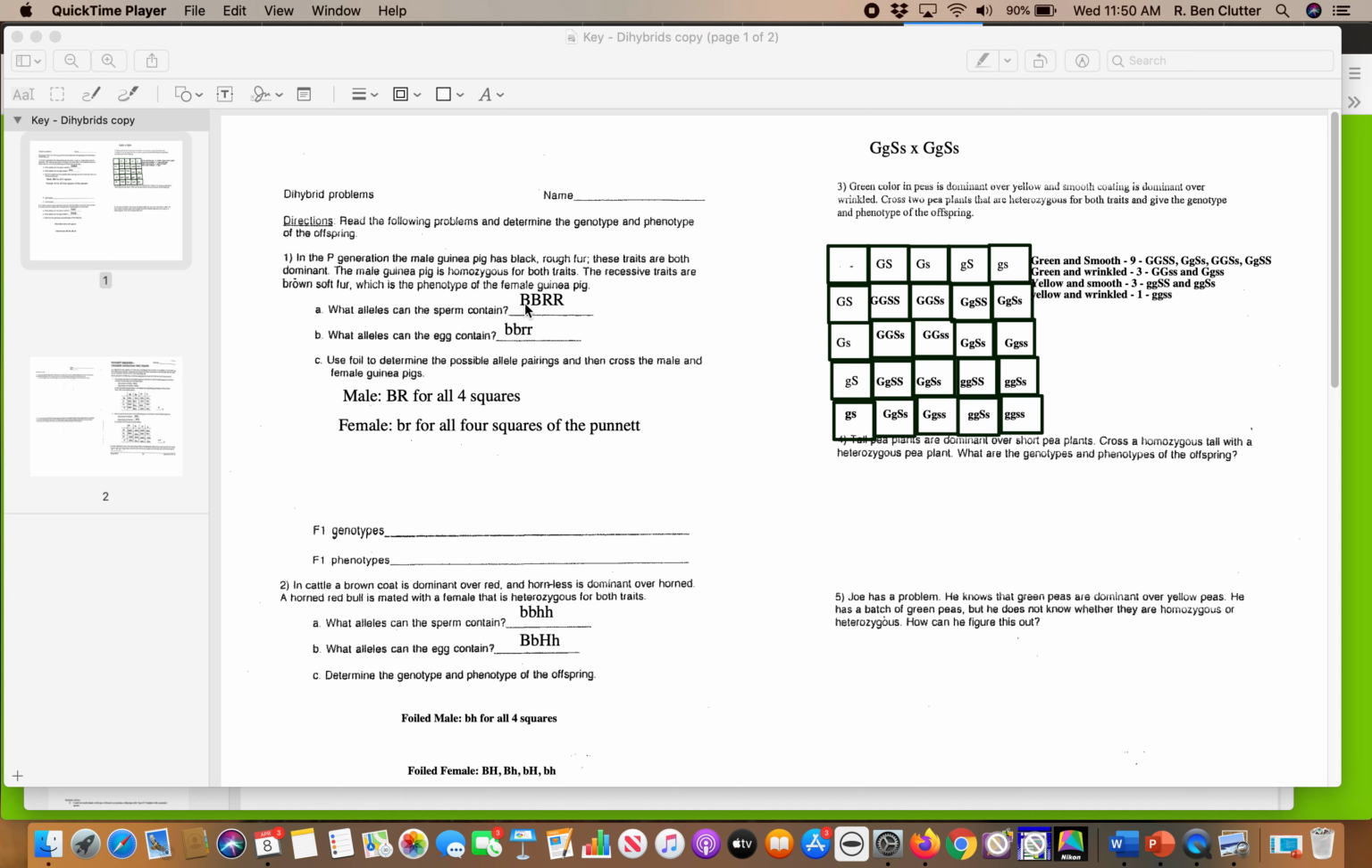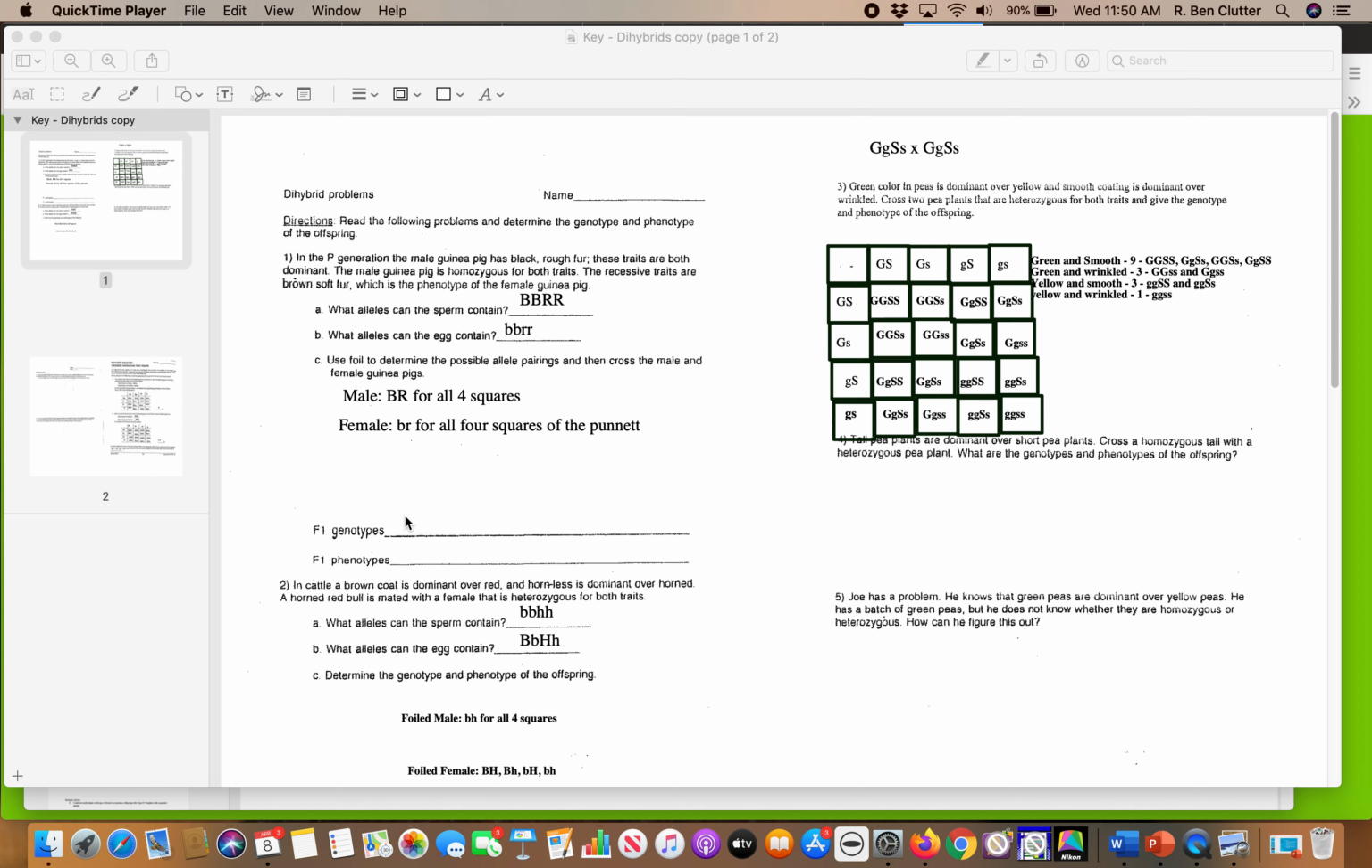So if you FOIL this, the first B goes with the first R, the outside B with the outside R, the inside B with the inside R, and the last B with the last R. And so all of those are going to be capital B, capital R for all four squares, which is right there. All right, the female, lowercase b, lowercase r, again, FOIL it. First B, first R, outside B, outside R, inside B, inside R, and last B, last R. And those are all